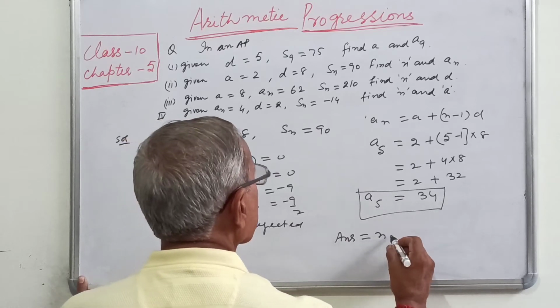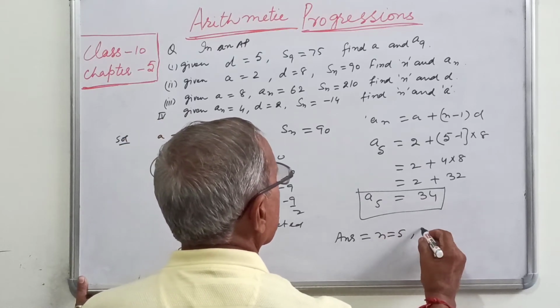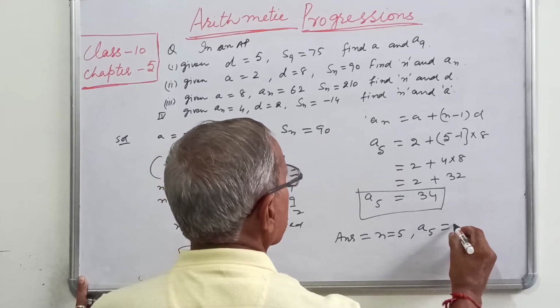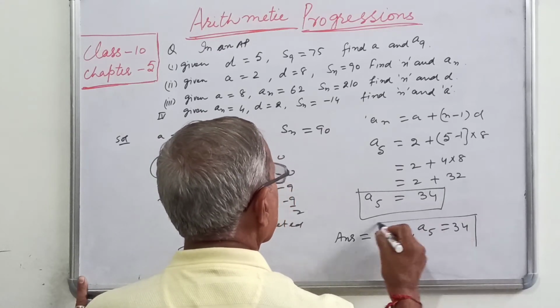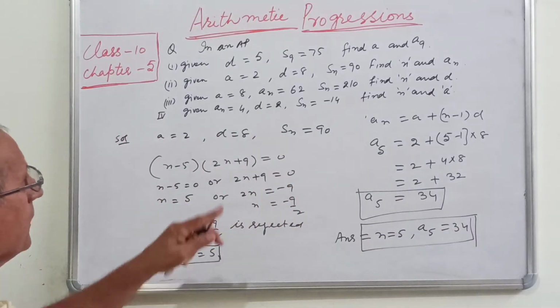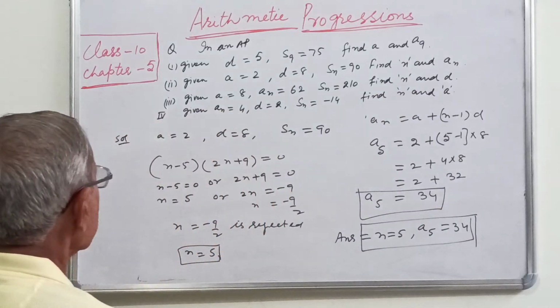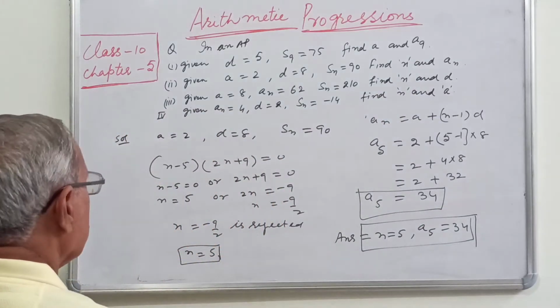So the answer is n is equal to 5 and A5 is equal to 34. These are the two answers for the question. So हमें इसमें दो पार्ट निकालने थे, n, value of n and an. The next part is